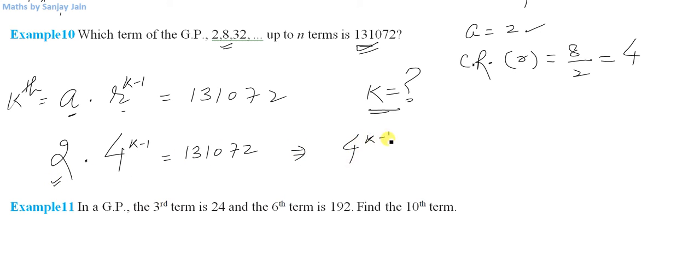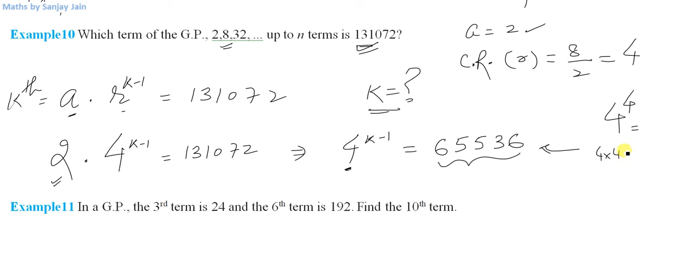Now I can take this 2 to the right hand side. So if I divide the right hand side by 2, it will become 2 6s are 12, 1 2 5s are 10, then again 2 5s are 10, 2 3s are 6, 2 6s are 12. So I'll have this number on the right hand side, and this is 4 raised to a certain power. Now you need to determine which power of 4 will give you this number. Now up to 4 raised to power 4, right? 4 into 4 is 16, into 4 is 64, into 4 is 256, right? This goes on like this.